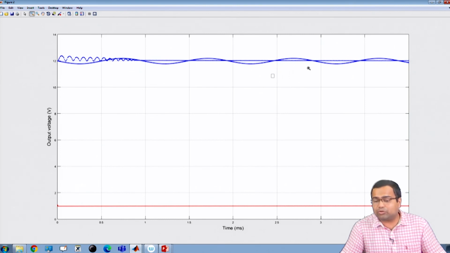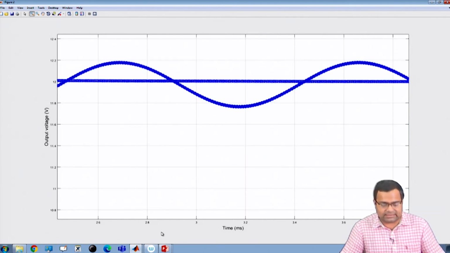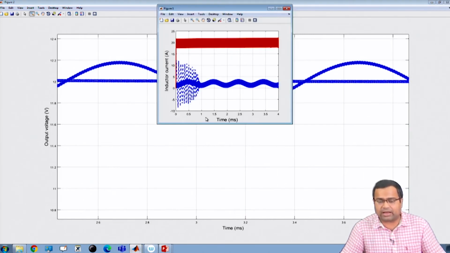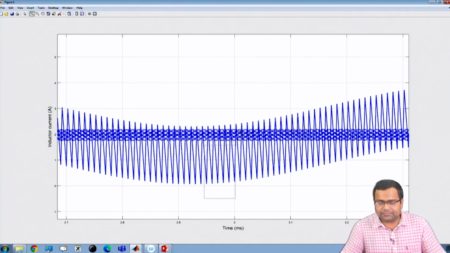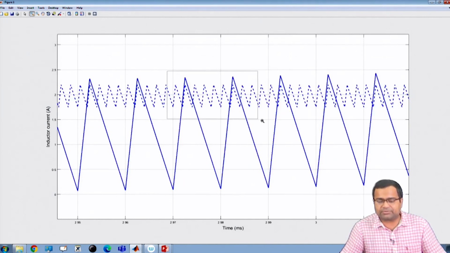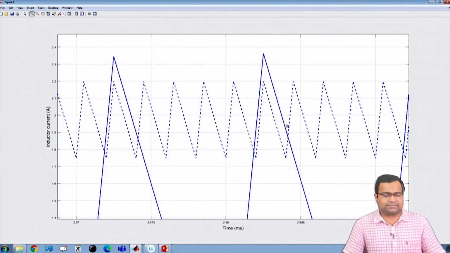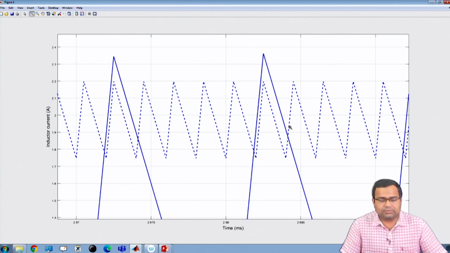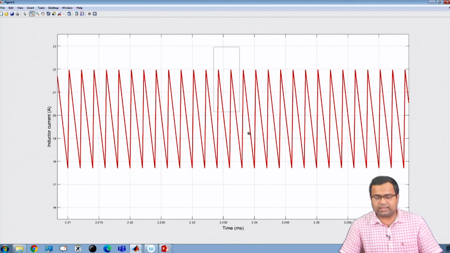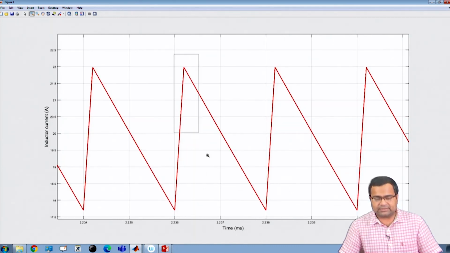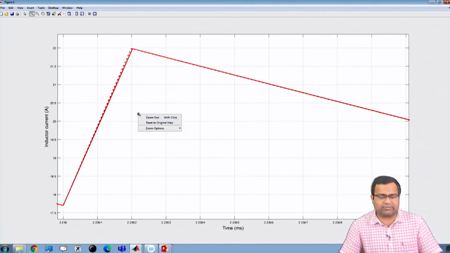So now the current mode control is able to stabilize this converter, and if you go to the current waveform, I will show you that if you zoom in, now the inductor current becomes stable for this case. Okay. So this IBC converter, they are matched exactly. It is very hard to distinguish,